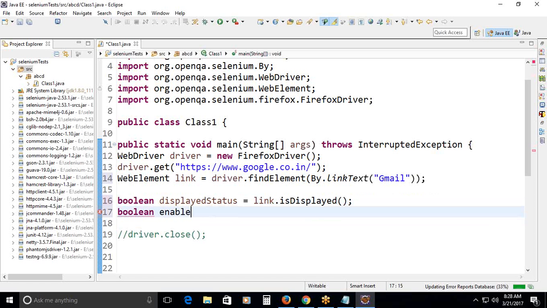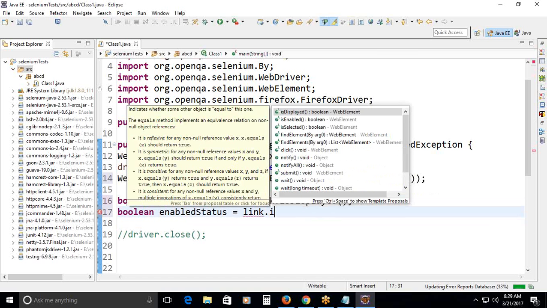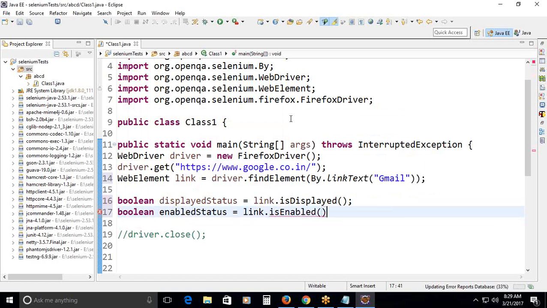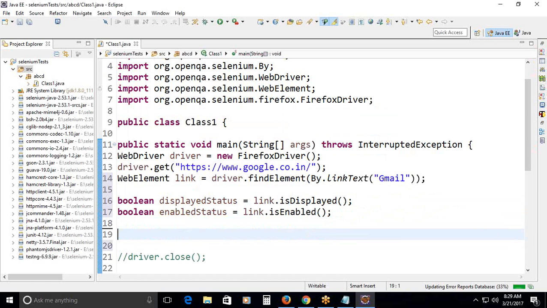Enabled true means enabled, enabled false means disabled. Equals link.isEnabled();